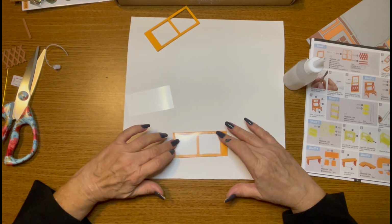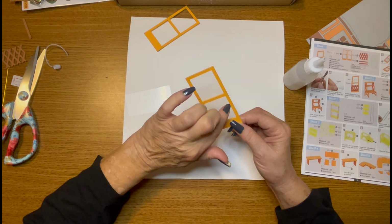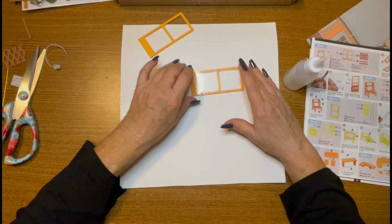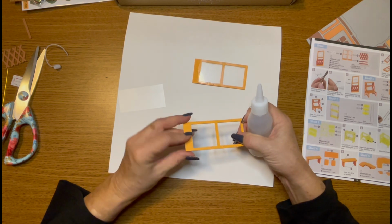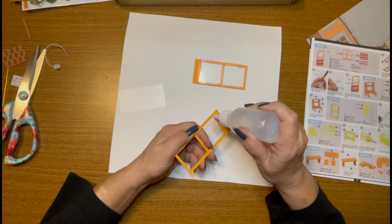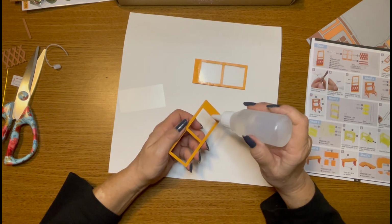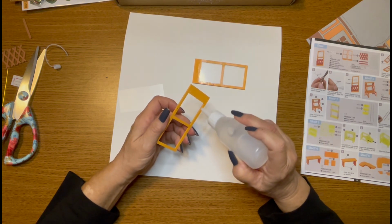There will be some cleanup then. So there's a little bit of glue came off onto the, there we have it. Oh! Try to go with a little less on this one. Yes, I would suggest cutting it a very tiny bit off. I didn't think I had cut all that much off, but it left too big of a hole. It is too big. It's bringing out way too much glue for this